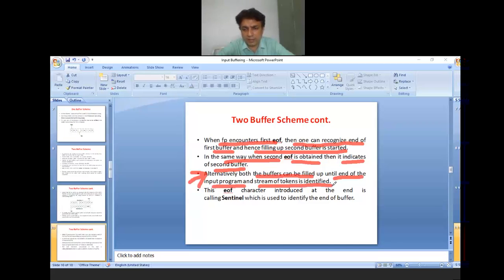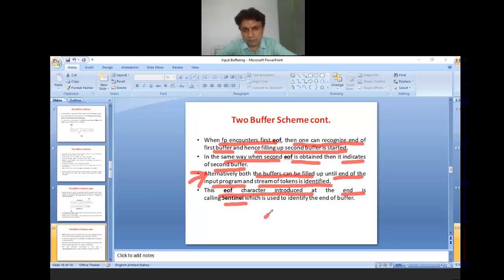If we have an input string longer than the length of the buffer, then we need to place the input string one part at a time. We first place it in buffer one, then when buffer one is full, we place it in buffer two, and after that we fill buffer one again and then buffer two again, and this process goes on until we scan all our input string at the last.